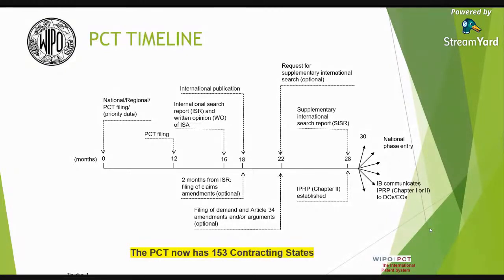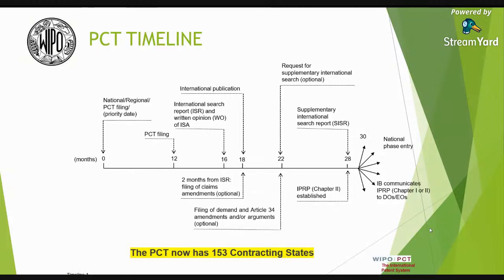Now, based on SISR, you decide whether your invention is good, or has novelty and inventive step with respect to XYZ claims. Then I choose which countries I want to commercialize my invention in, and accordingly, whether 6, 7, 10, 12, 30, 40, 50, 90, whatever countries I choose, I'm going to file my patent application. Be aware that in those countries, in these 30 months, the PCT gives you time to go through the